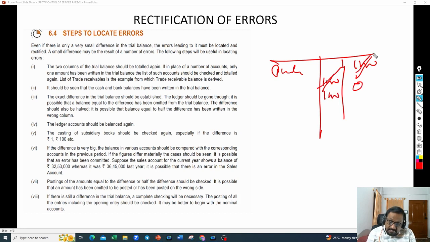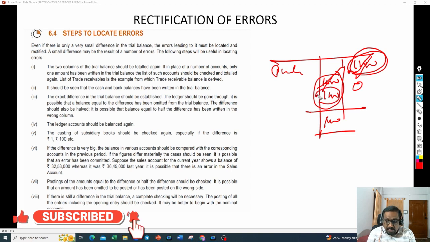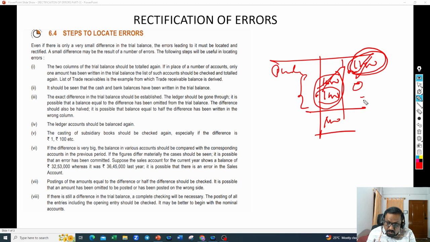Then only I can say this and this got cancelled. I got 1,000 debit in purchases. That means 1,000 wrongly posted on the credit side, but the difference is how much? 2,000. Why? 1,000 you need to post on the debit side to cancel this, and the actual 1,000 should come on the debit side. So the total difference you must be seeing in our trial balance is 2,000,